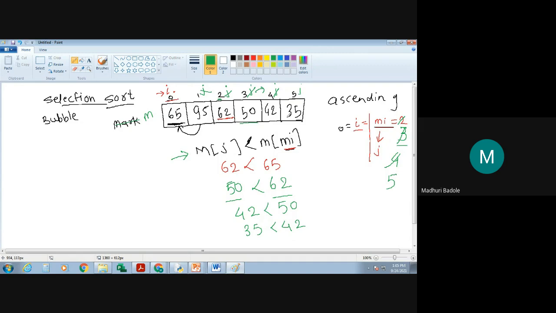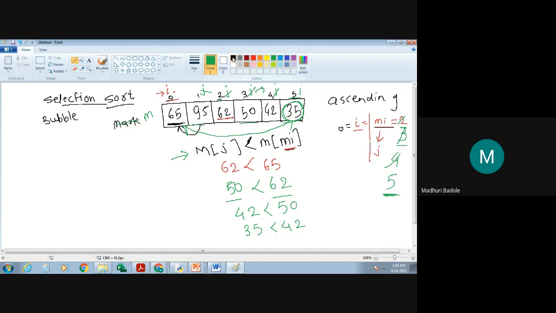Fine. Whenever you increment j again, obviously none of the elements are present over here, so your j loop comes out of the jth for loop. Now after coming out of this jth for loop, you will know the minimum index, what is that? 5. So the element present at the 5th index is nothing but the minimum element. Once you get this position of the minimum element index, you are going to swap that minimum element with the 0th element. Fine. It means that after the first iteration, you are going to swap this minimum element with the 0th index.